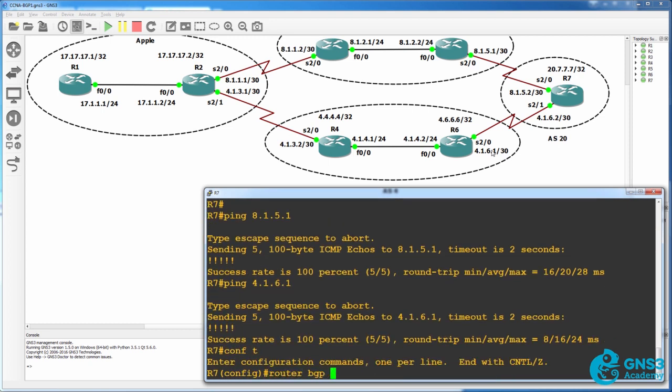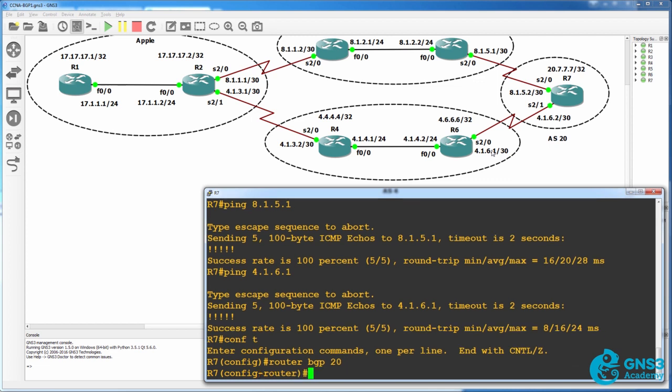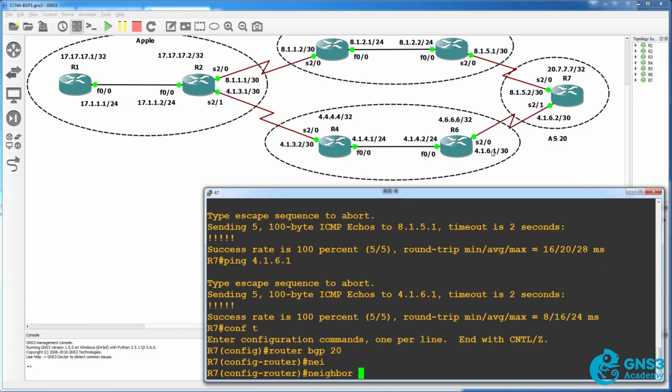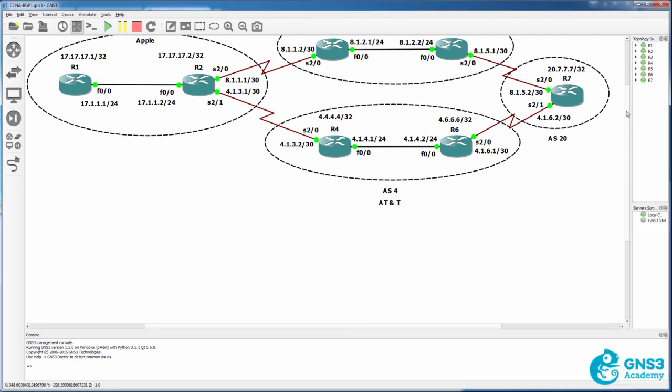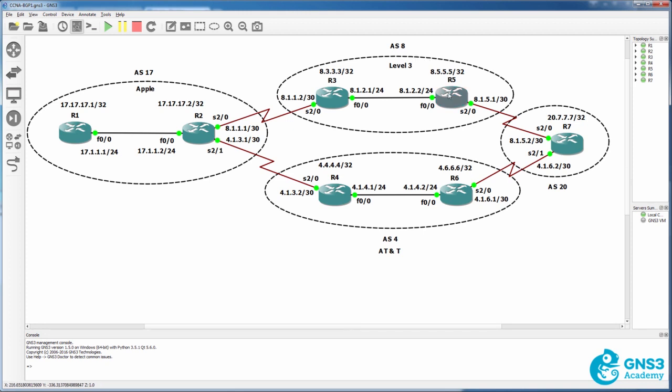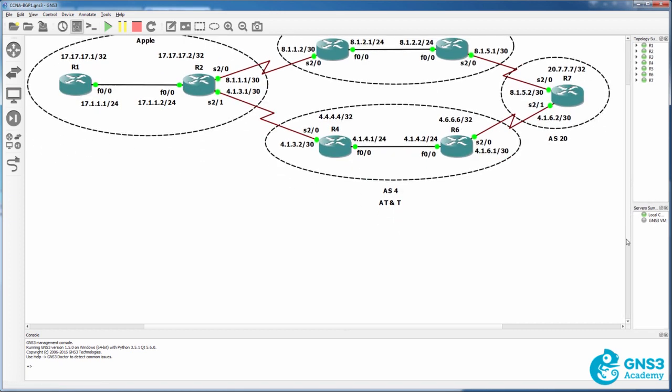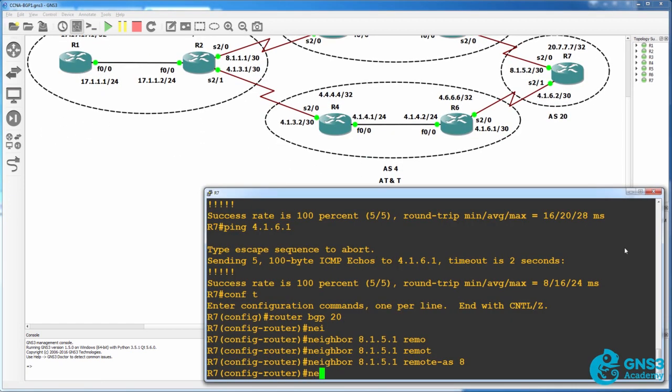So router BGP, in this case autonomous system 20, neighbor 8.1.5.1, remote AS is going to be 8. That's the autonomous system of router 5. And then we need to configure a neighbor relationship to router 6 in autonomous system 4. So neighbor